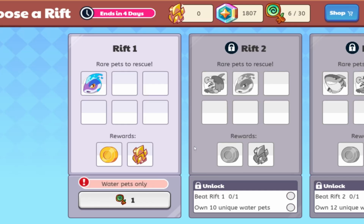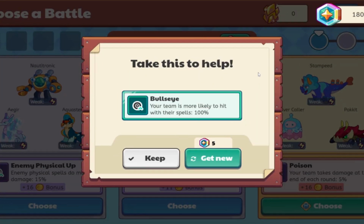But we're not worried about the Rift shop right now. We have to go in with water pets only for Rift 1. Luckily, I'm only on Rift 1, so this shouldn't be too difficult. Alrighty, Bullseye, your team is more likely to hit with your spells by 100%. I don't love that, but I think that's...